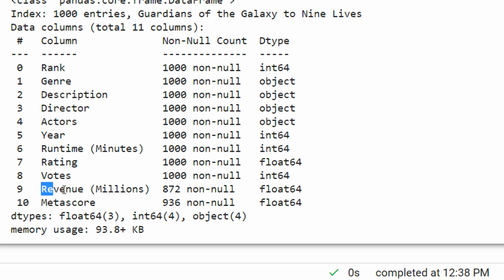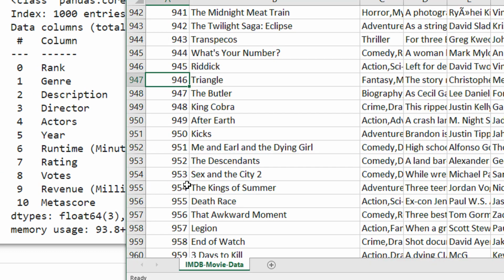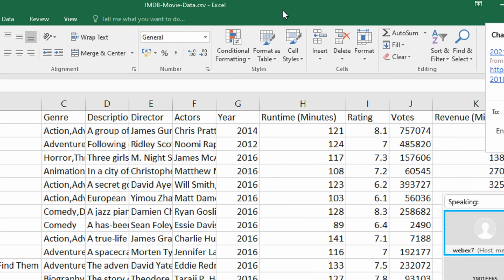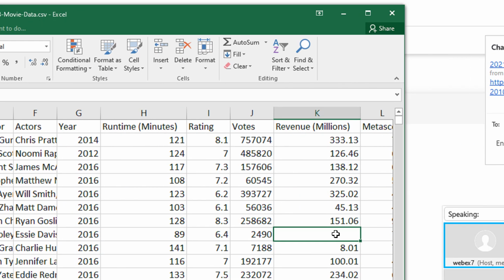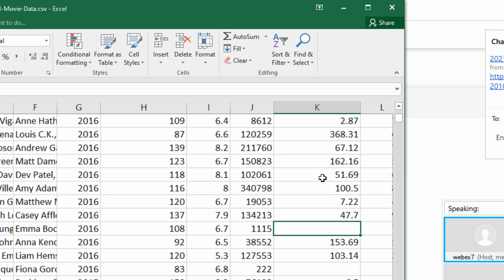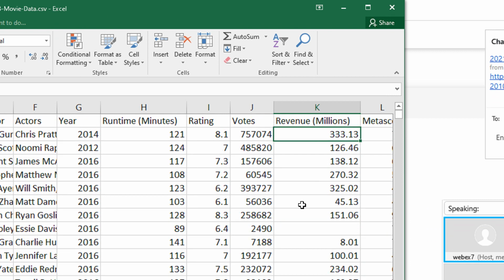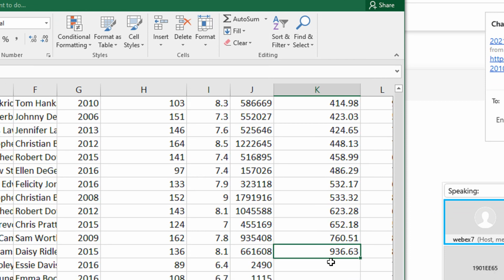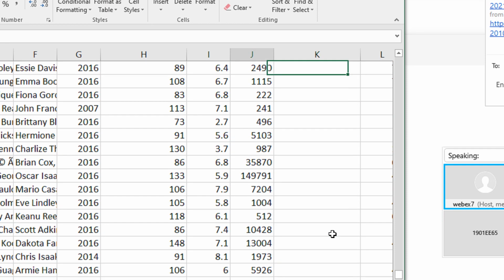So now let me show you for revenue. See, revenue says 872 non-null. Let me come to the revenue column and show you. In the revenue column, you can see these blank spaces. Now let me just sort this from smallest to largest. Zero is here, and now you can see from this column up till the last.